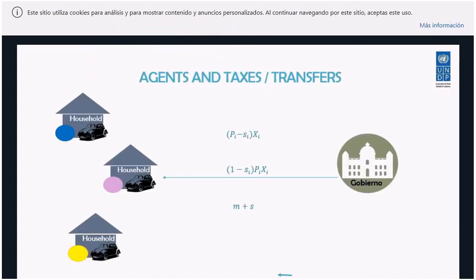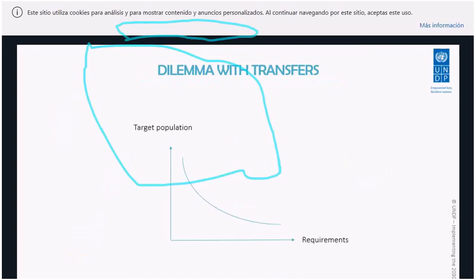As you might recall from last week, we discussed the relationship between the government and households, which is a relationship of agents, if we can say that. So this process of designing a transfer